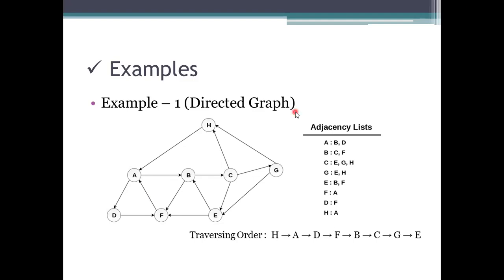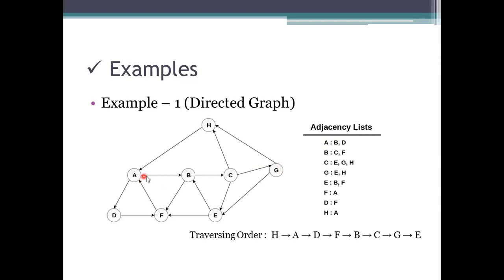In-links will be represented only as adjacent nodes. The outlinks won't be recorded here. So first, see the adjacency list here. Adjacency list means what are the adjacent nodes we have for this graph notation. So we have 8 such nodes. Plot the 8 nodes and plot the vertices which have outlinks to the other vertices.